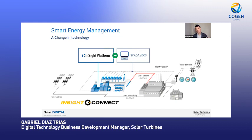Let's say that we take all the signals, all the information of the power plant alone, not only the gas turbine, but the whole components on them, and also the industrial facility information. Combining these with all the external information from the power plant, like the prices on the market, the natural gas pricing, the price of the CO2 that continues to change. So integrating all this information, we are able to manage the power plant in a different way, smarter than before,